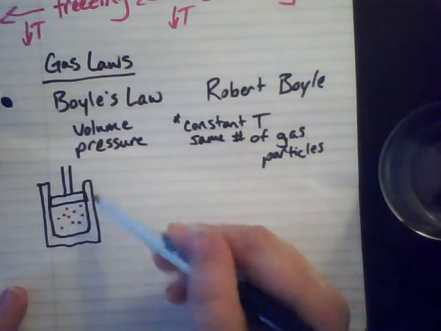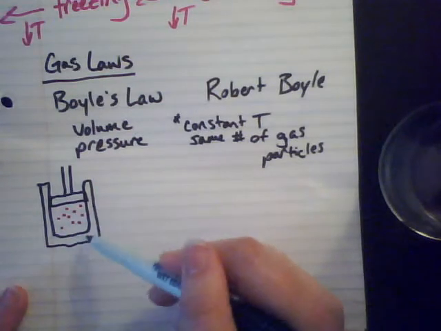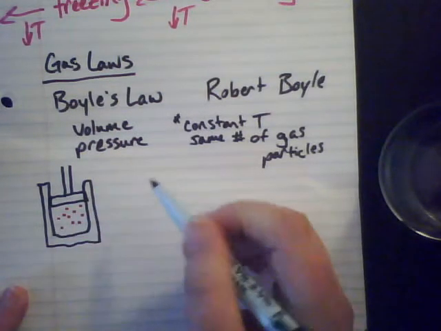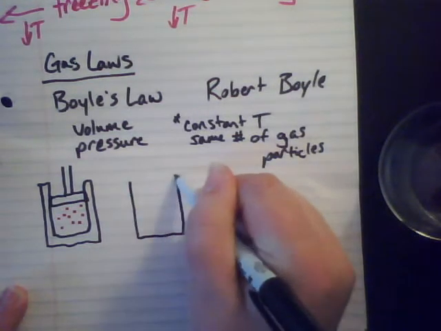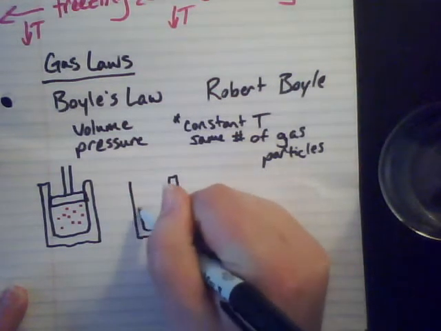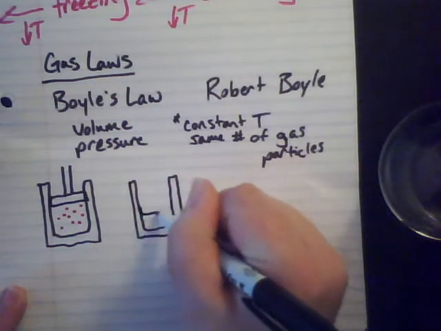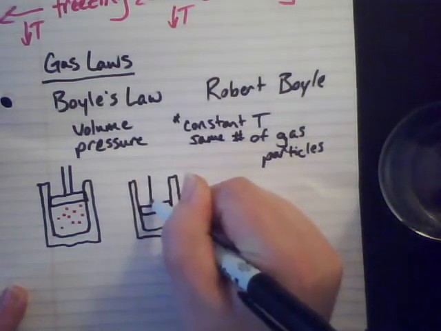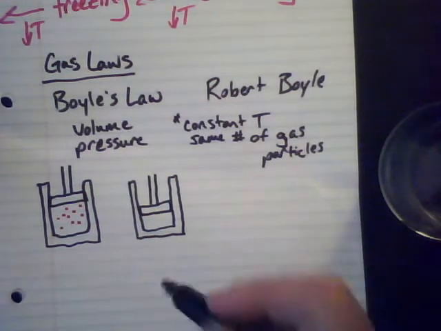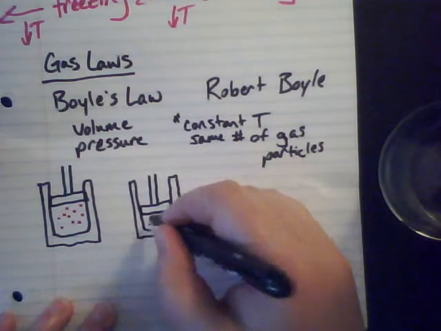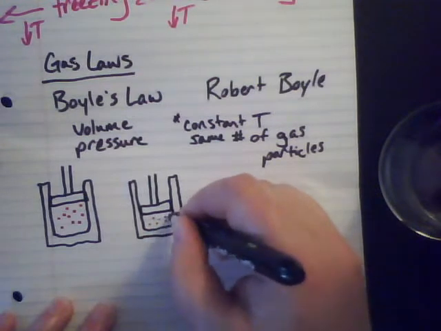then now if I change the position of this piston, I'm going to change how much space this gas has to take up. So let's say that I push that piston down, and now it looks something like this. Here's my new piston setup. So I've pushed the piston down to here. Again, I didn't change the number of gas particles I have, so I still have my 10 that are in there.